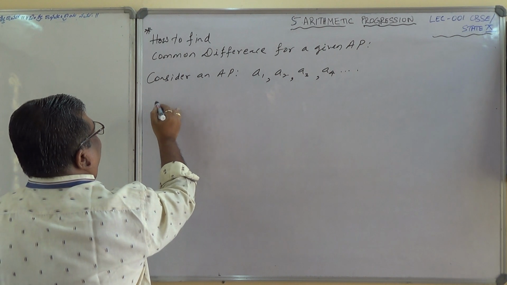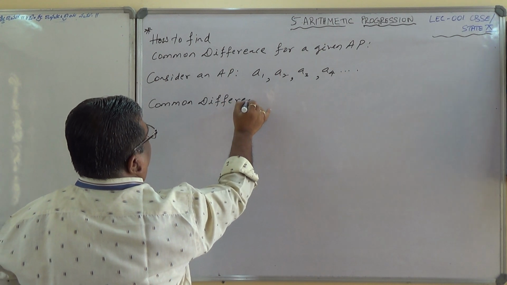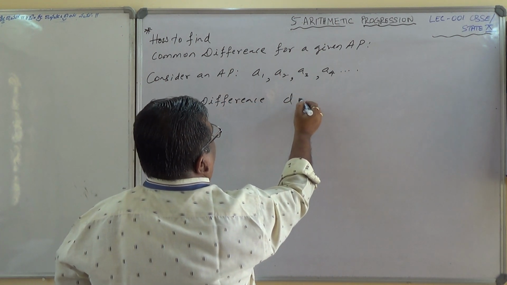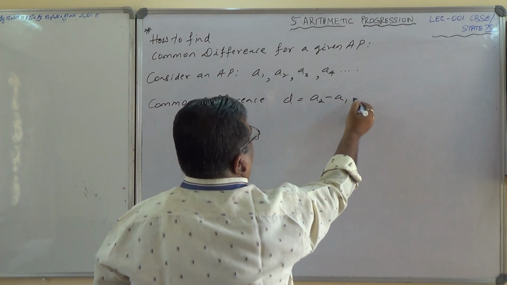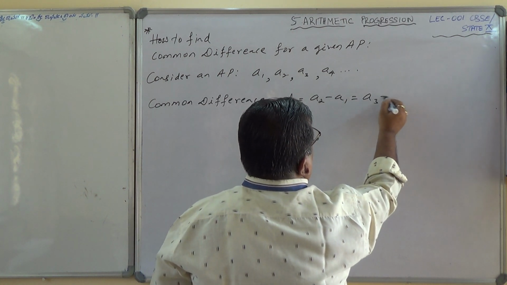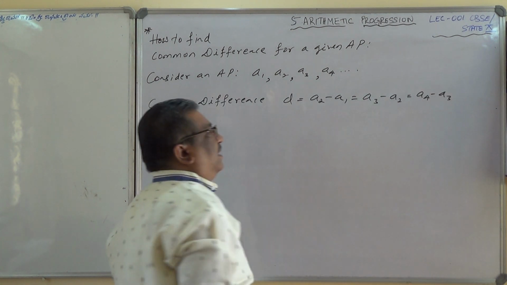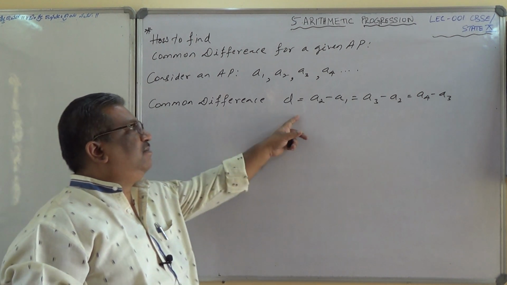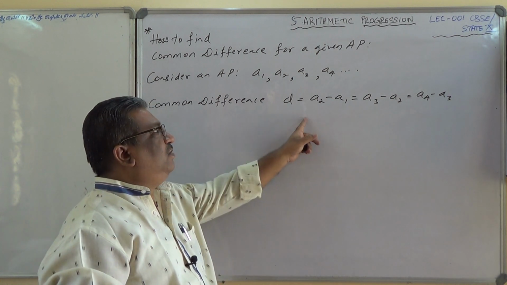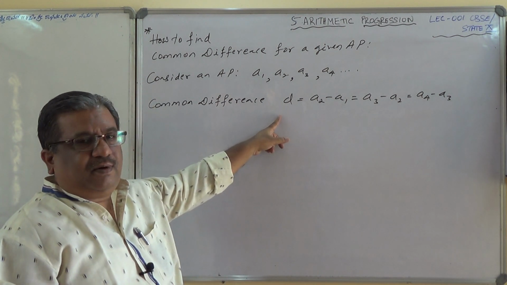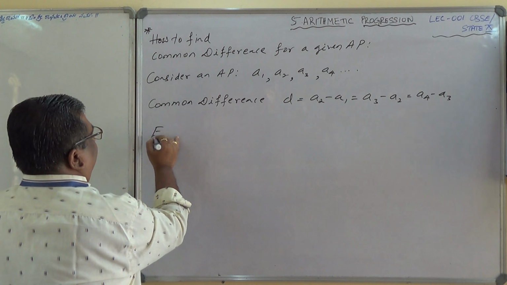And therefore, I'll write here, consider an AP. So the common difference is obtained by d equals a2 minus a1, or it can also be a3 minus a2, or it can be a4 minus a3. It continues like that. I hope you are able to understand. Succeeding term minus preceding term for a given AP gives you the common difference. And this is fixed here, is it not? This minus this, this minus this, this minus this, all these are equal.